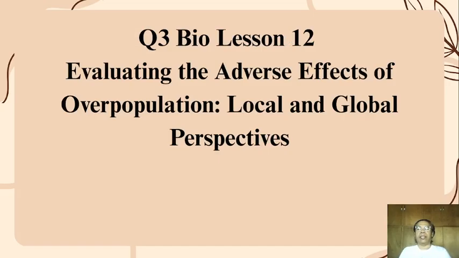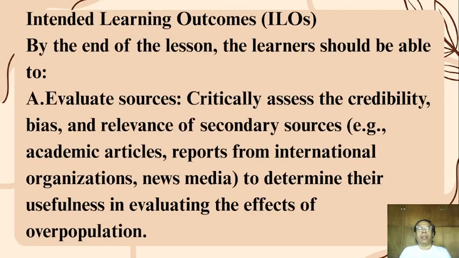Again, this is quarter 3 biology lesson 12, evaluating the adverse effects of overpopulation, local and global perspectives. Intended learning outcomes. By the end of the lesson, the learner should be able to: